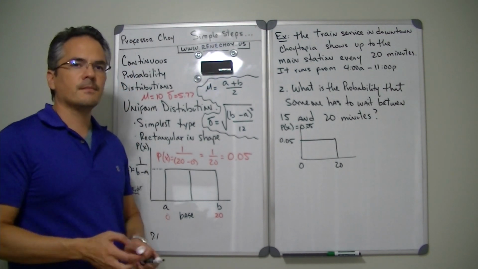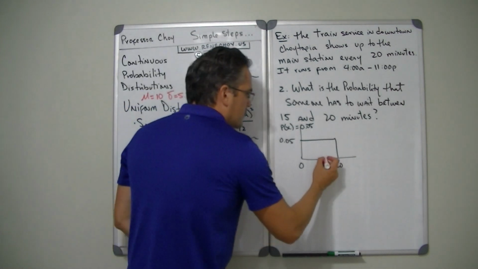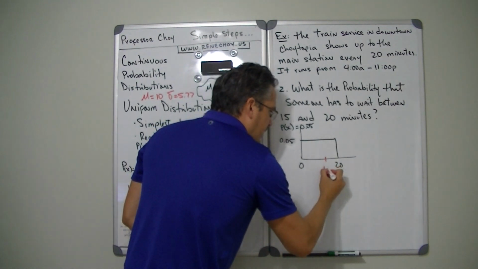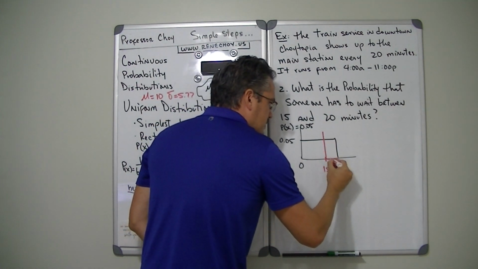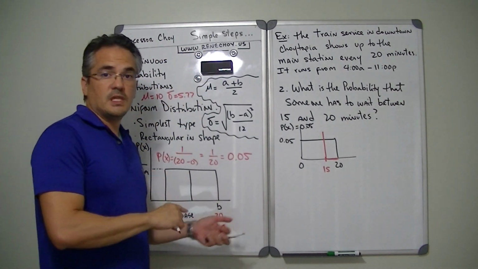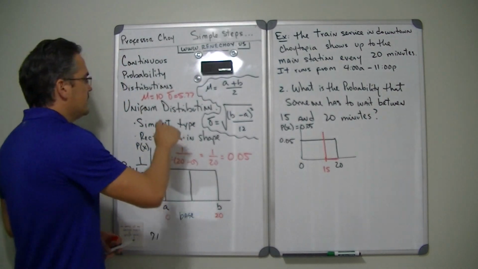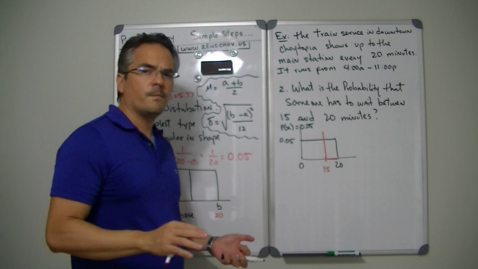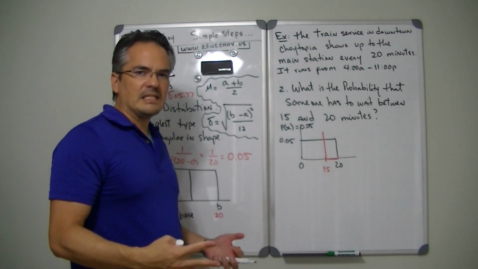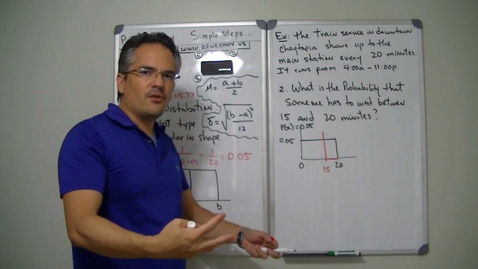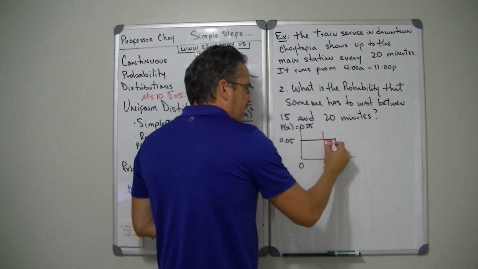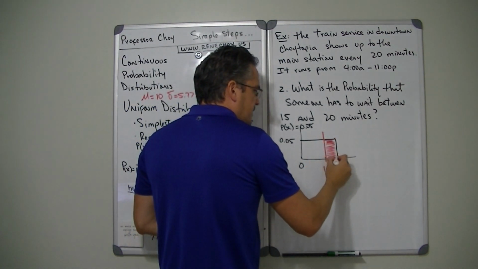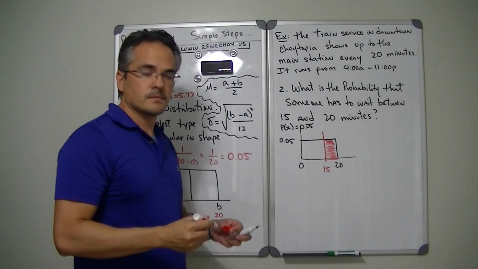So basically, they want to know what is the probability between 15 and 20. Now because this particular uniform distribution is a rectangle, what the question is really asking you is what is the area,